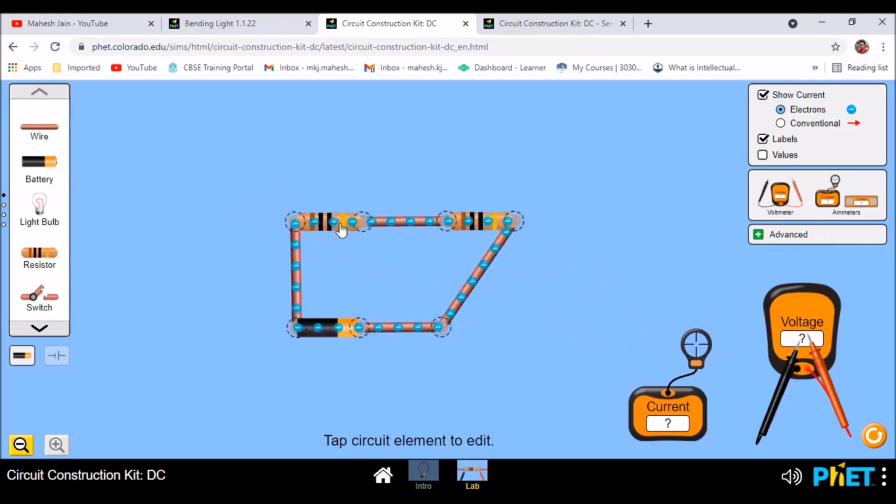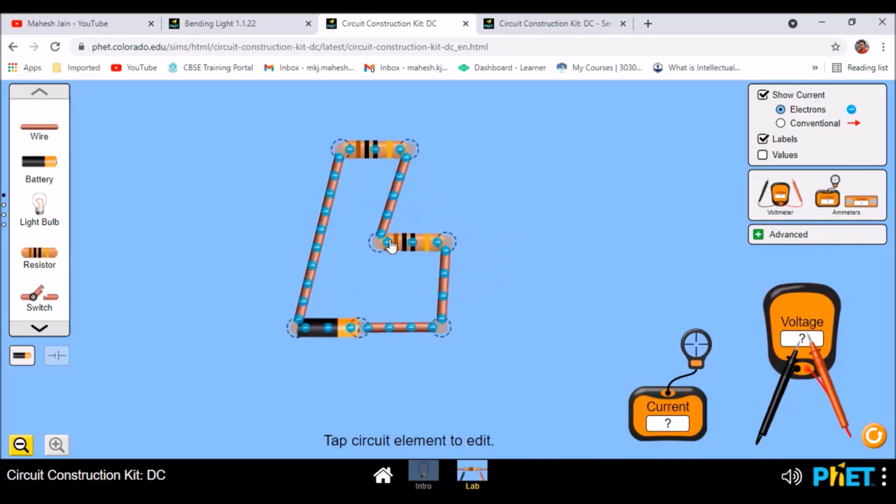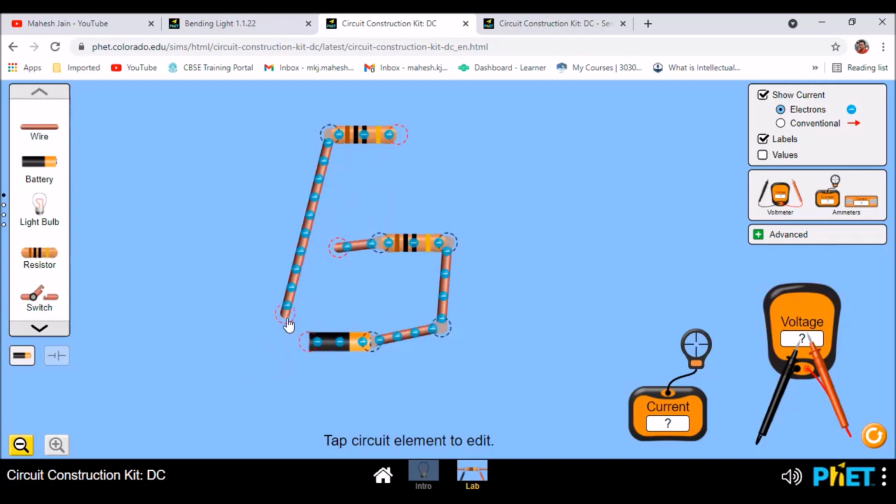Now let's see what happens when they are in parallel. So I'll just remove it. The moment you want to separate the connection, you need to just click here and you'll be able to separate them. I'll just get another setup here and let's see if we could connect them in parallel. So I got the connections ready.